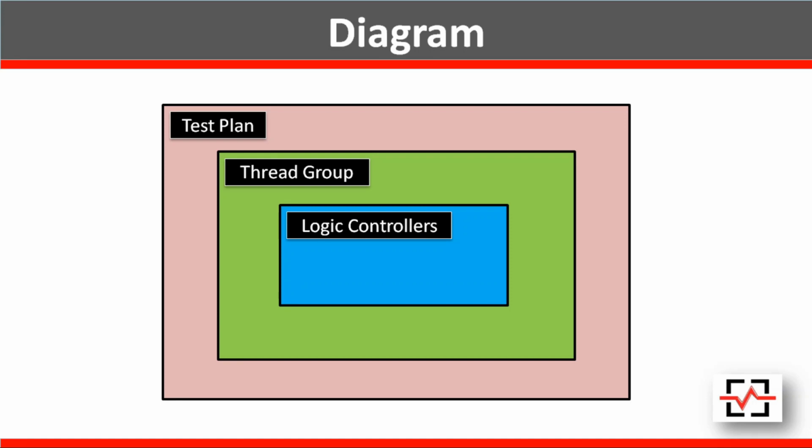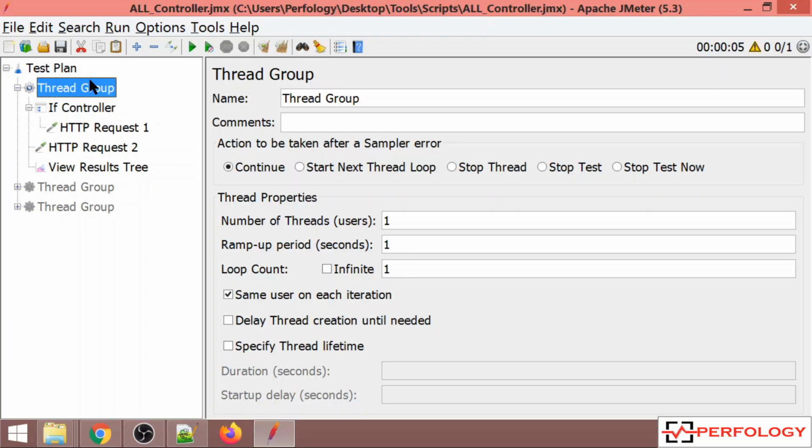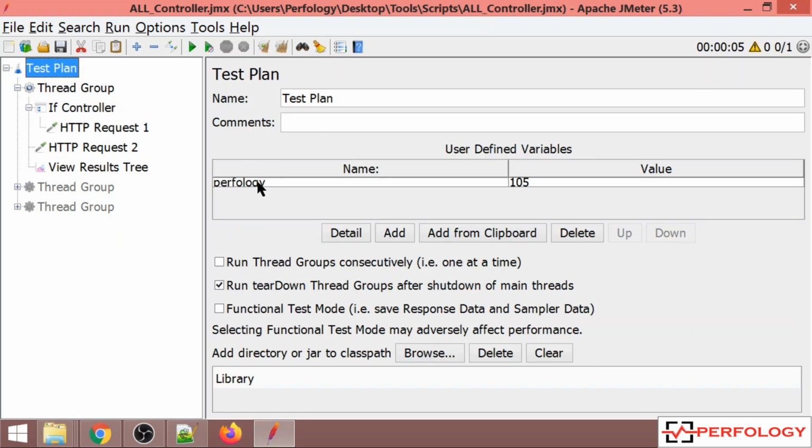Now let us see few of the use cases of some frequently used logic controllers. First, let us see the use of if controller. So I have this test plan in which I have added one user defined variable by name Pathology, and I have specified the value of that variable as 105. I have this thread group.